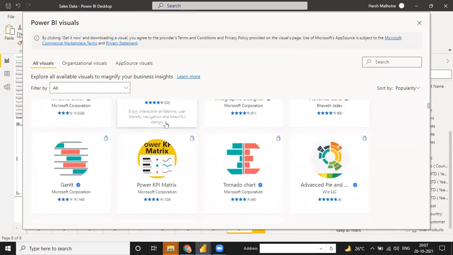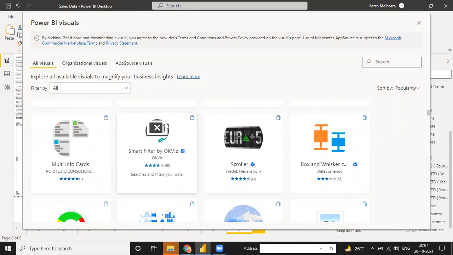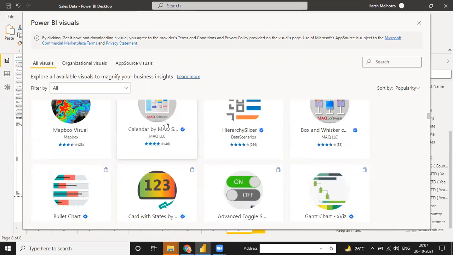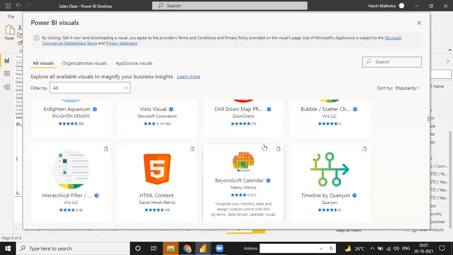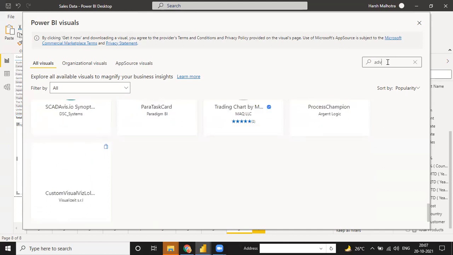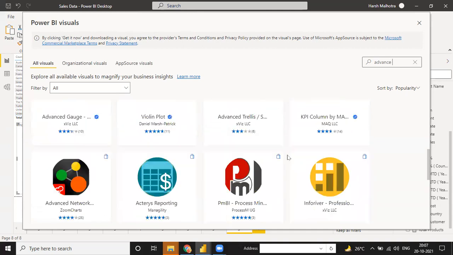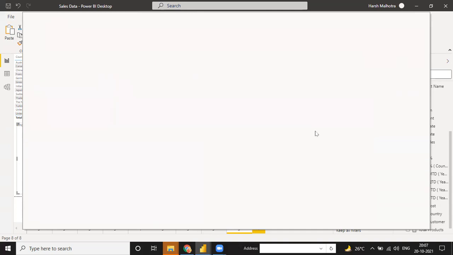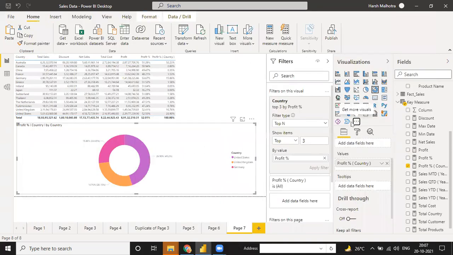You see there are many visualizations, and you can filter any of them. Suppose I need something, you can search here also, advanced chart. Advanced pie and donut chart. If you need this kind of chart, you can just select any of the visualizations, get it now, so that it will have a value in this.